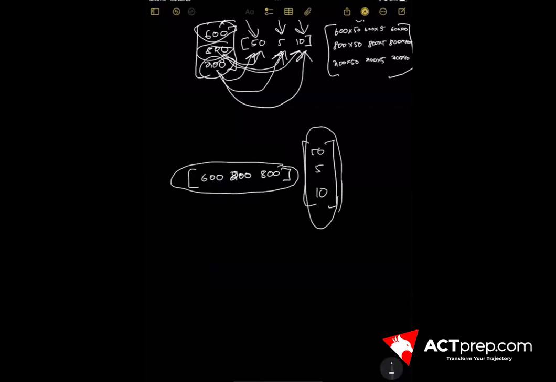So when you are multiplying a row, if there's more than one number in that row, you're just going to multiply